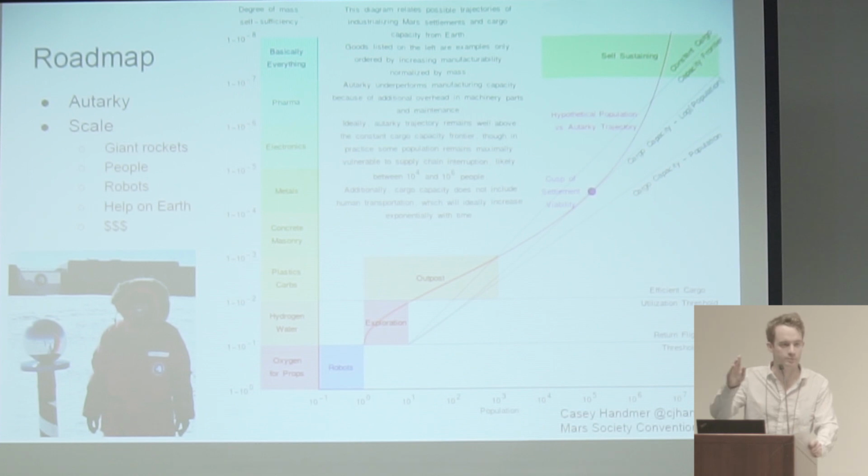And that's a logarithmic scale in terms of mass. So every time you go up by one color block, you're making 10 times as much stuff locally, or the total fraction of stuff that has to be brought from Earth reduces by a factor of 10 on a per capita basis. And then the horizontal axis is log of population from robots all the way up to about 100 million. And so in the very top right-hand corner is what we all want, which is self-sustaining. We don't know what the population is exactly, between 10,000 and 100 million, and they're able to